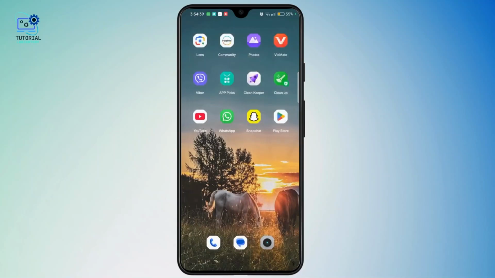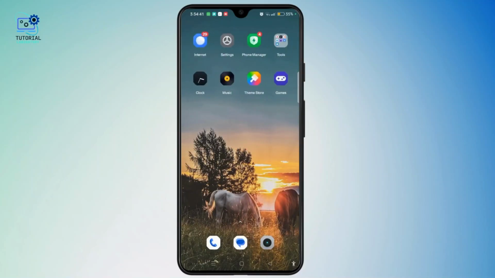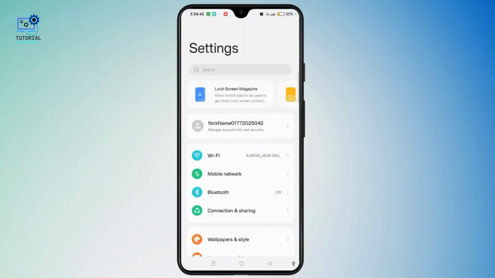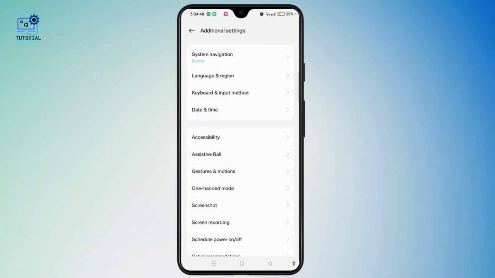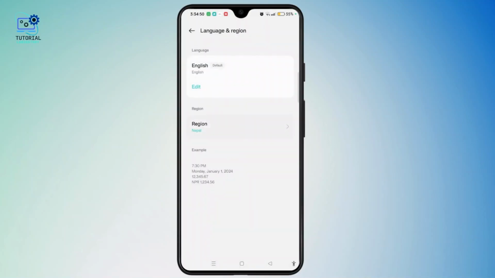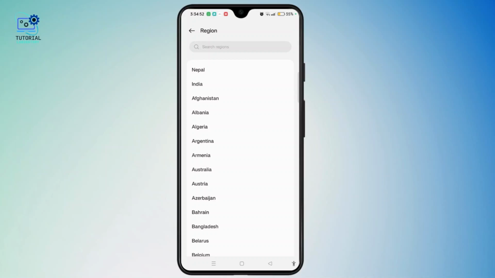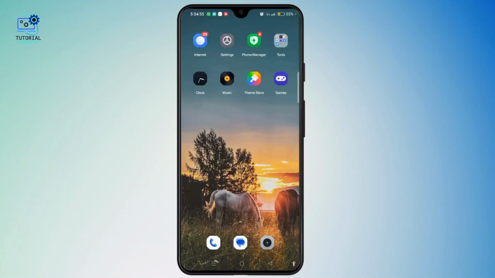You can even go ahead and open settings on your device and look for the location changing option. Go to additional settings, tap language and region, choose your region and change from here, and see if the issue is resolved or not. The second thing you can do is download a reliable VPN application from